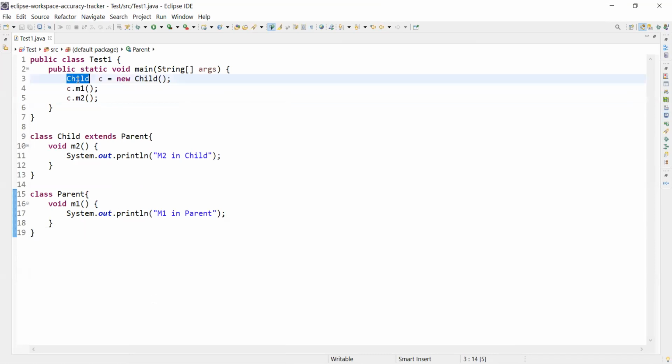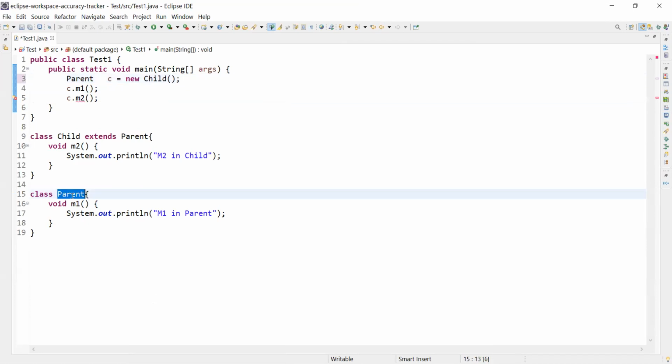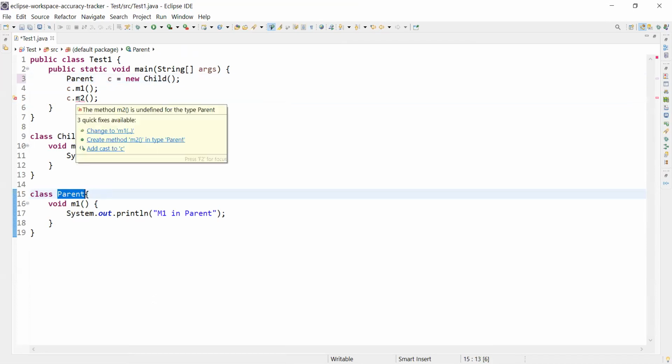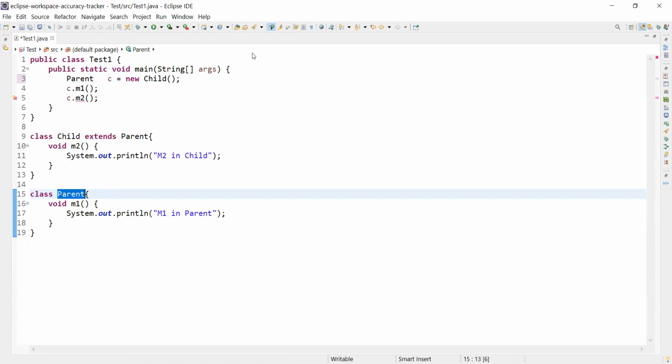Now I'm saying parent C is equals to new child. Then again we are getting the same error for M2. Like we cannot access M2 method because M2 is not visible to this parent class, right? That's why we are getting undefined for type parent. So any doubt in this?